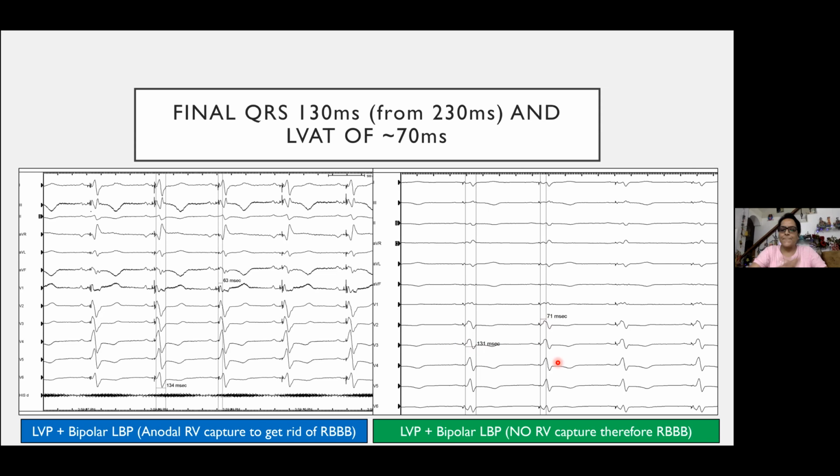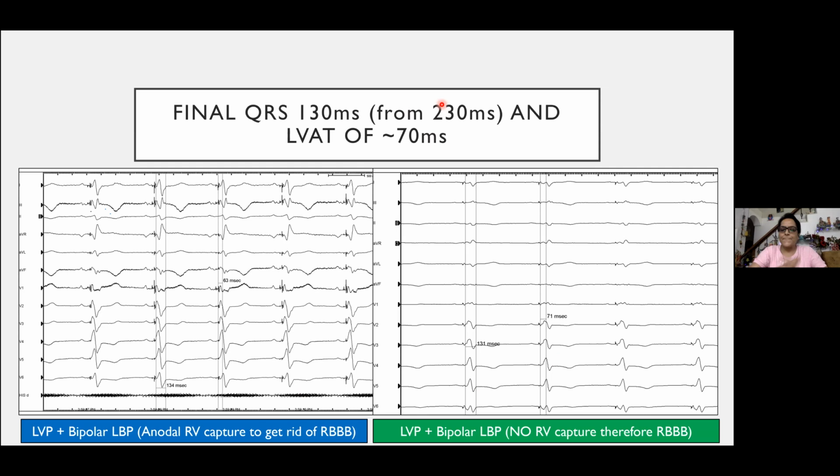Now, mind you, we always do RV pacing and synchronize and check. And RV pacing never comes out to be this good. Even when you're recruiting, let's say, 30 or 40% of the conduction system, it is much better than utilizing truly myocardial conduction by doing RV pacing. Later on, I'll show you some examples where we have done all kinds of pacing in the same patient, and you can see the difference yourself.